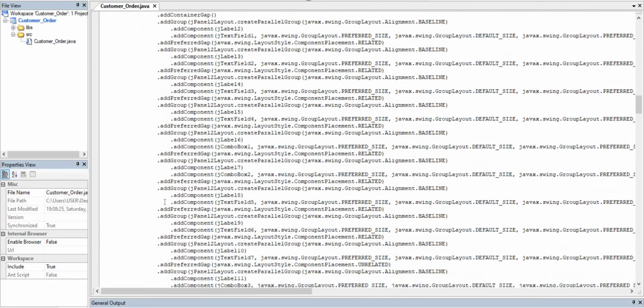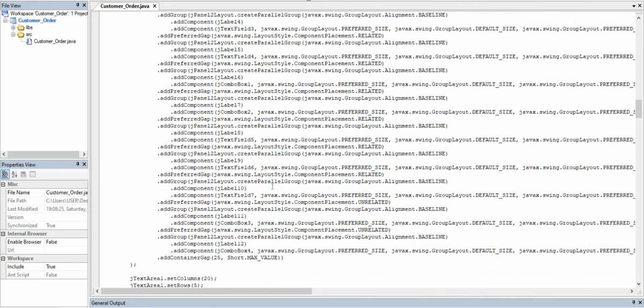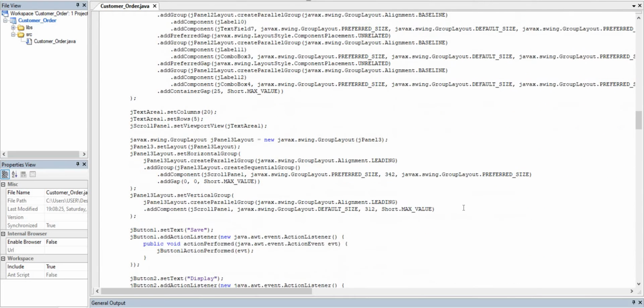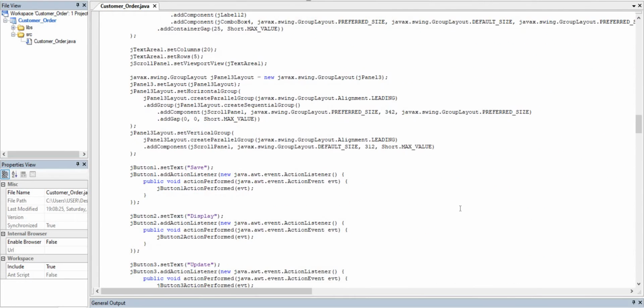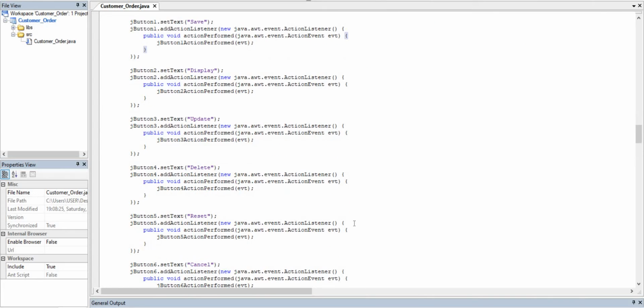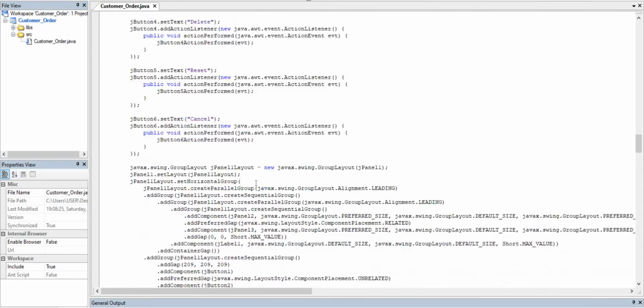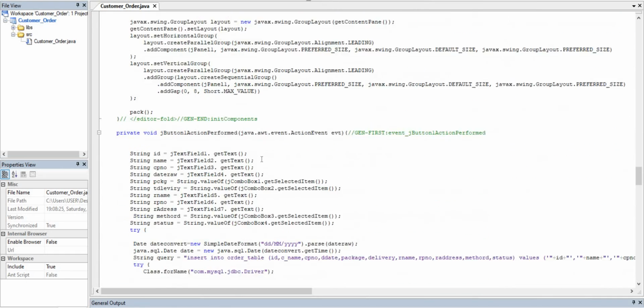This all, and then this is the component for the JLabel also. This one sets the size for the GroupLayout, and I go down. This is the text area, setColumns declaration for the text area, and then this is the setLayout for the JPanel 3, and then these are the button coding. JButton 1, JButton 2, JButton 3, JButton 4. So update, delete, reset, cancel. That's all from me, and the next presenter will present.